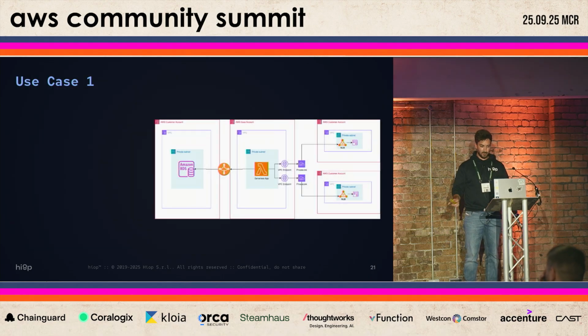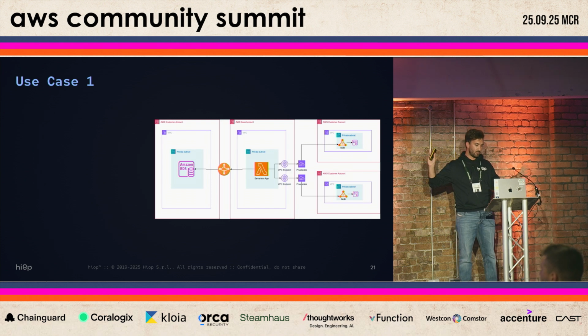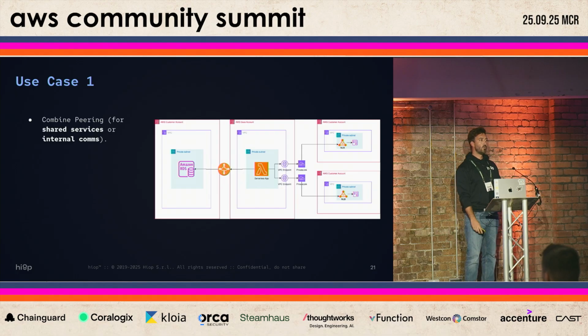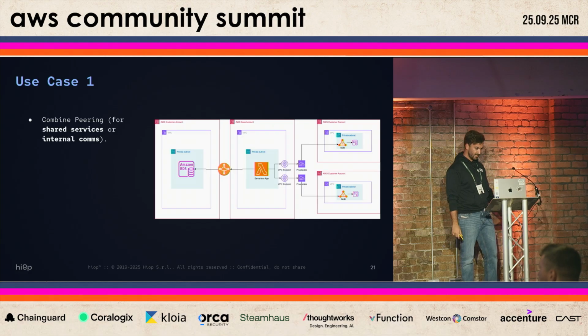So, how is our use case after using these two services? I created an architecture with both solutions. As you can see, you can combine them and use VPC peering when you have control over the network IP addresses, over the VPC and subnet IP addresses. Usually, you can use it for shared services with partners or internal communication, but in different accounts. This could be useful for this, but it depends on the use case, of course.